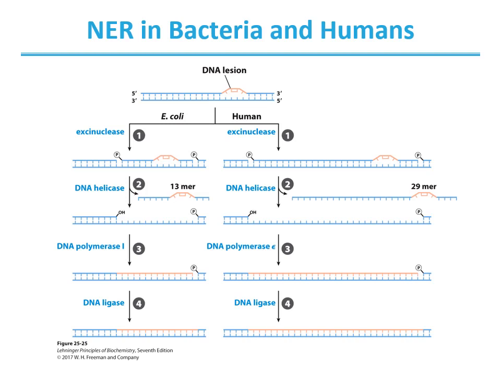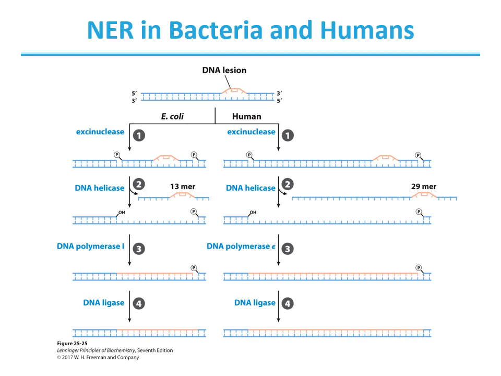In step 2, the DNA fragment, a 13-mer in E. coli and a 29-mer in humans, is removed with the aid of a helicase. In step 3, the gap is filled by DNA polymerase, and in step 4, the remaining nick is sealed with DNA ligase. Lesions include pyrimidine dimers, 6,4 photoproducts, both caused by UV light, and benzopyrene guanine, which is caused by